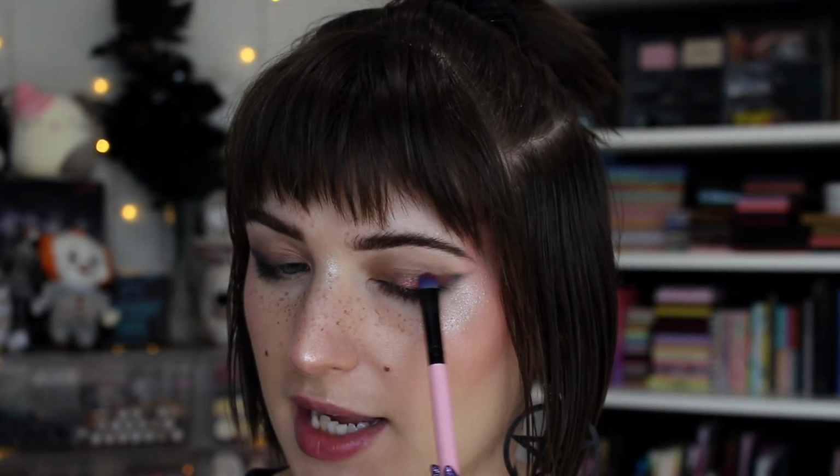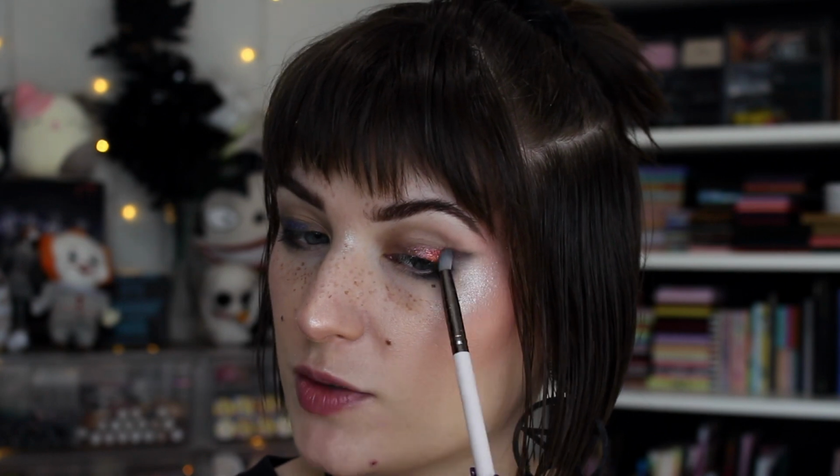And now you totally could do this look by doing just regular winged liner first and then overlaying it, but I just wanted this more smoky approach. Wiping off the Odin's Eye brush and dipping a little into the blue. And I love this blue so much. I was super excited to use it again for this look. Just gonna take my little pencil brush every so often as well, just to lightly smudge, wiping it off between